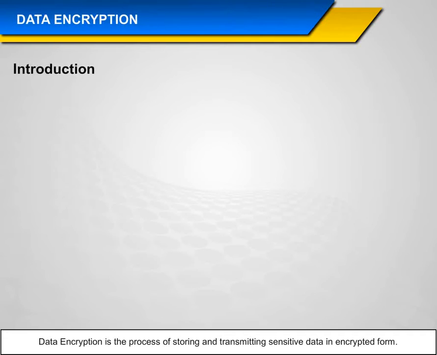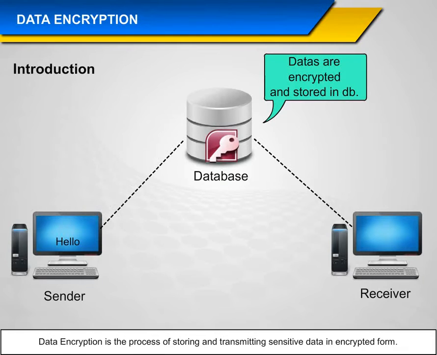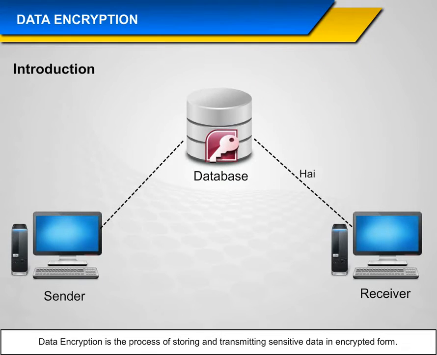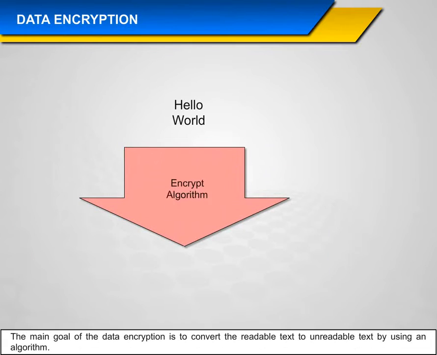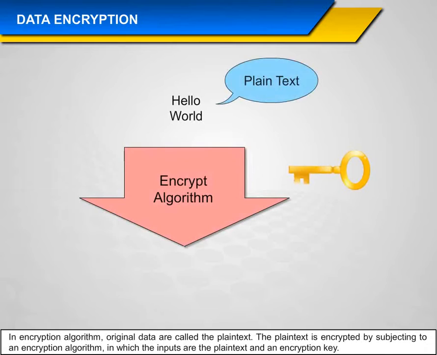Data encryption. Data encryption is the process of storing and transmitting sensitive data in encrypted form. The main goal of data encryption is to convert the readable text to unreadable text by using an algorithm. In encryption algorithm,